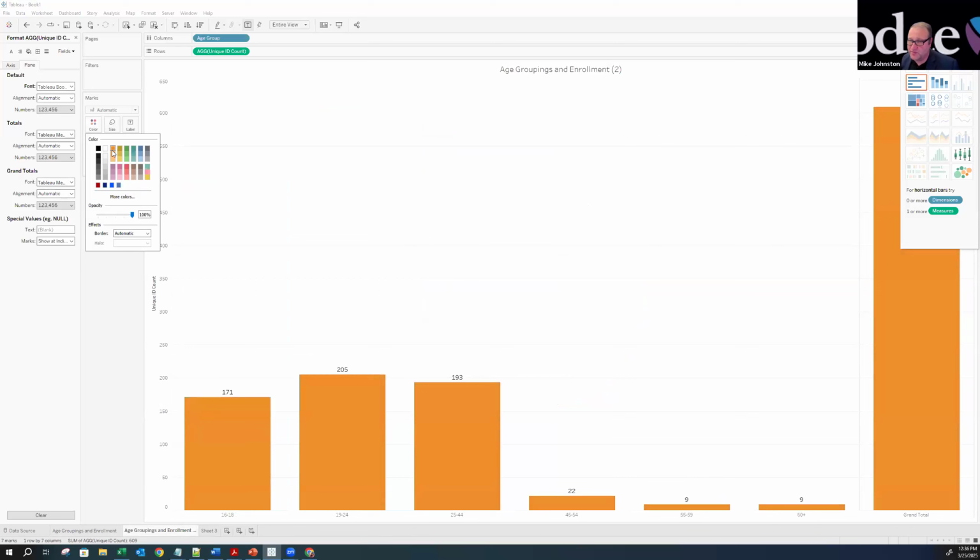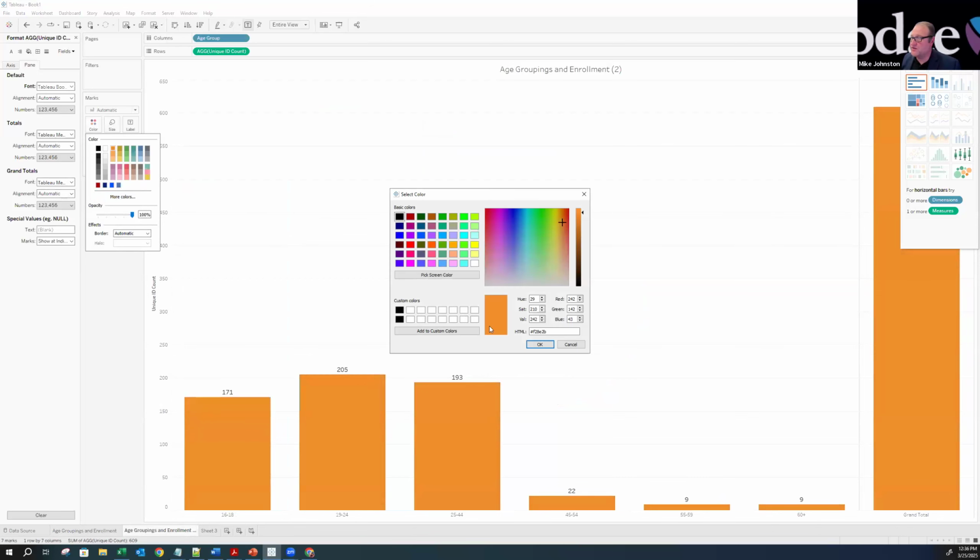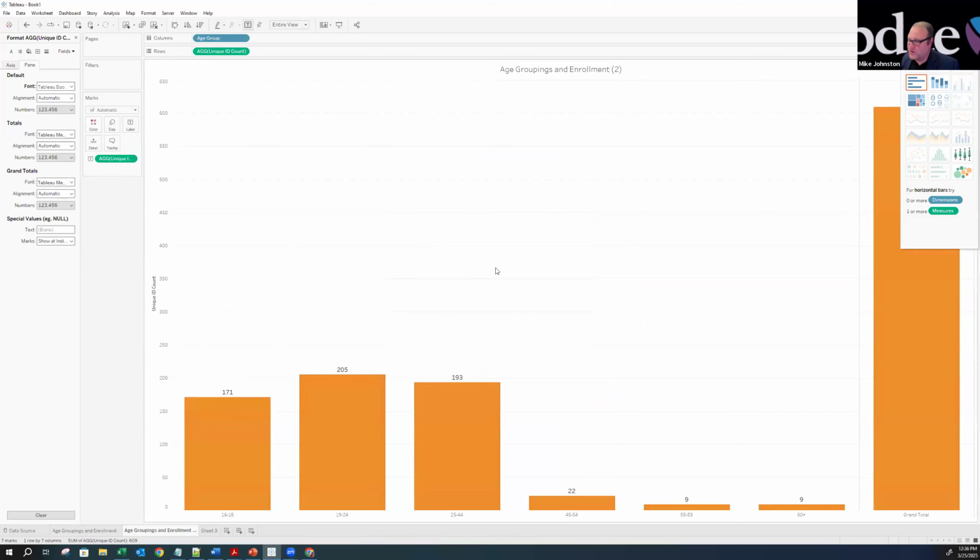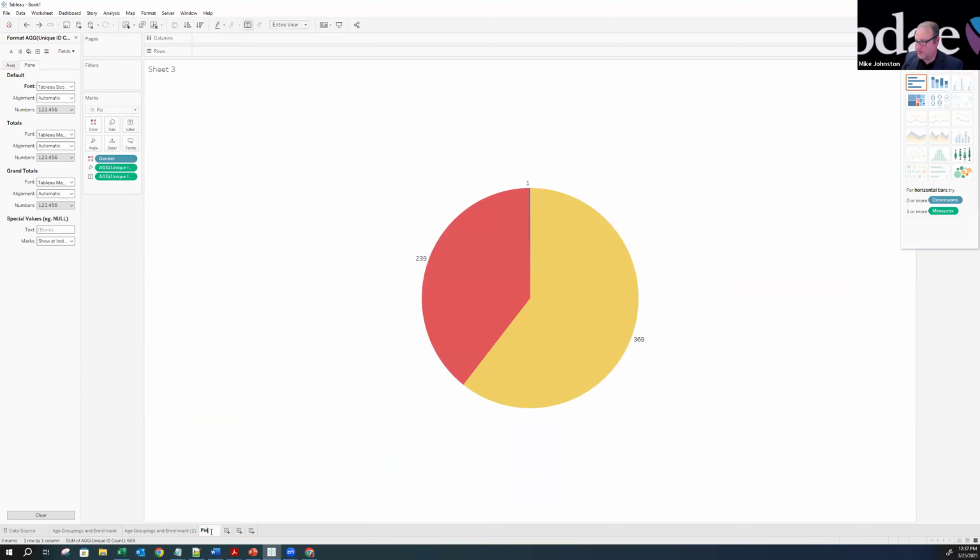You can change them just like we did before. You can actually select colors by picking them on different screens. So if you have a logo or something, you can actually pick the colors. But for this purpose, I'm just going to keep the default blue that came. So now I have my pie chart of gender. So I'm going to name it pie chart of student gender. Okay, so I'm feeling pretty good about this.